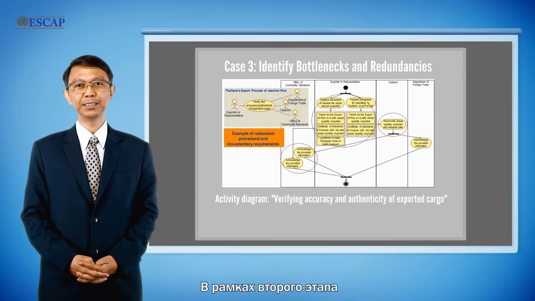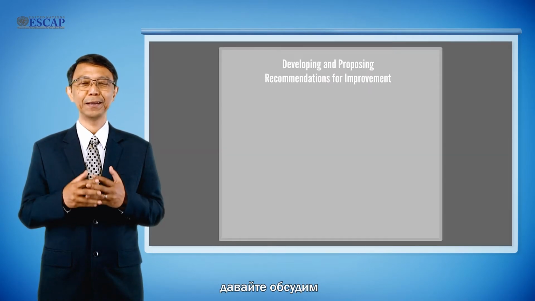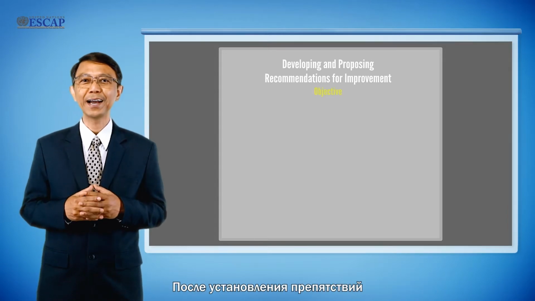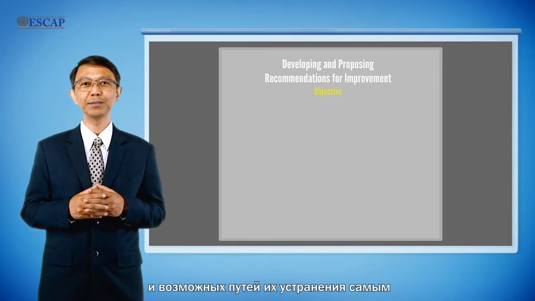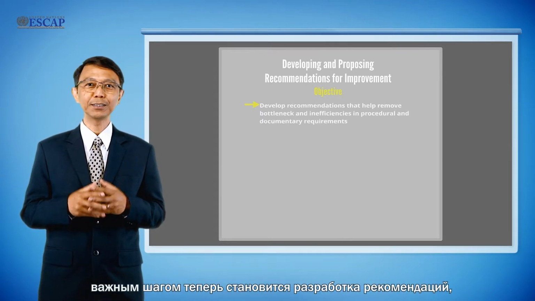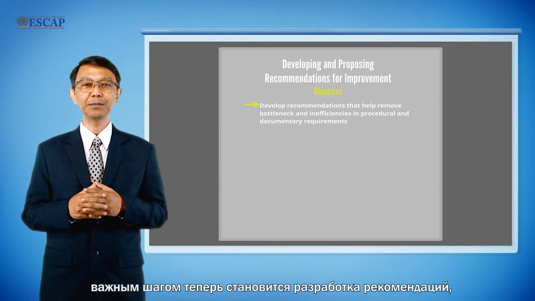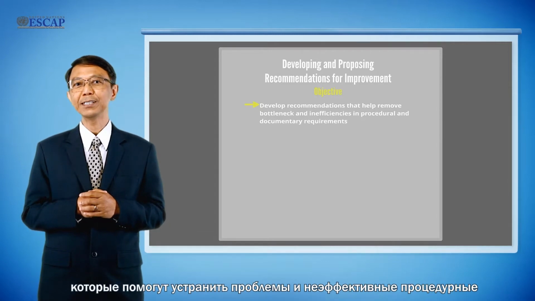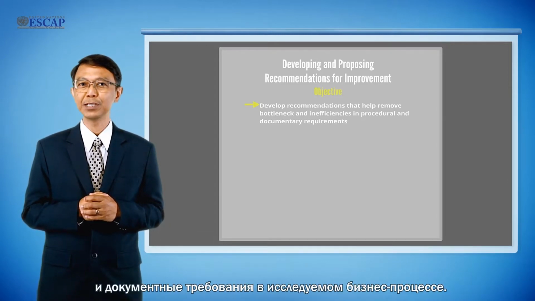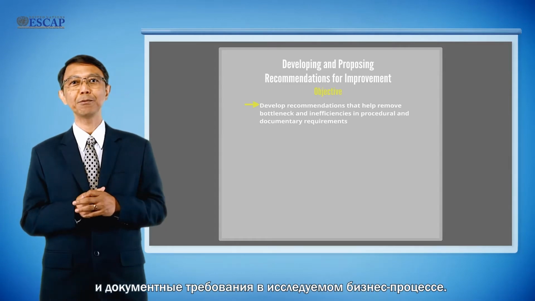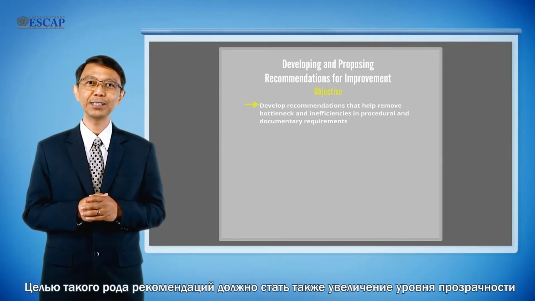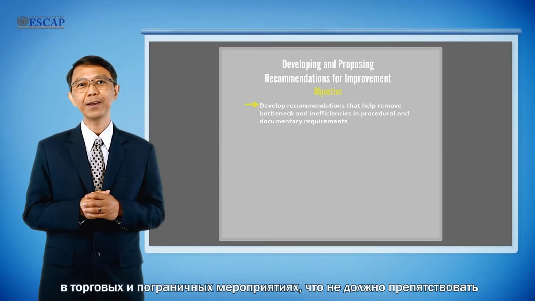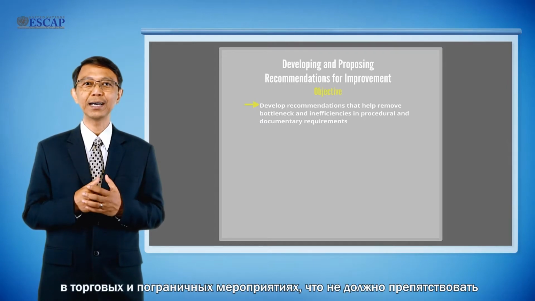For the second step of this phase, let us discuss developing and proposing recommendations for improvement. After identifying several bottlenecks and possible improvement opportunities, the most important step now is to develop recommendations that help remove bottlenecks and inefficiencies in procedural and documentary requirements in the examined business processes. Such recommendations should also aim at enhancing transparency in trade and border procedures in a way that does not impede